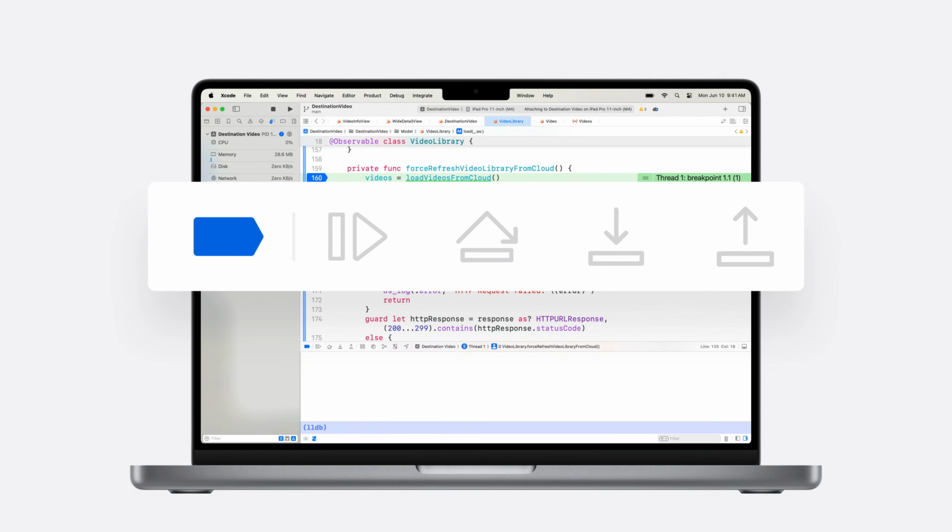And finally, if you're in the middle of debugging an issue with a bunch of breakpoints set, but want to get back to the beginning without interruptions, disable all of your breakpoints with the breakpoint button in the debug bar, continue, and then turn them back on and re-trigger the problem.